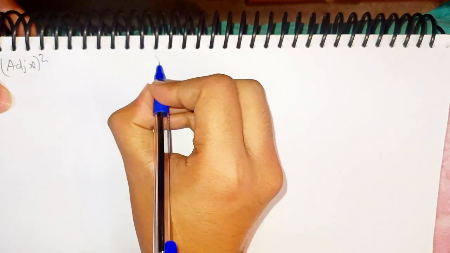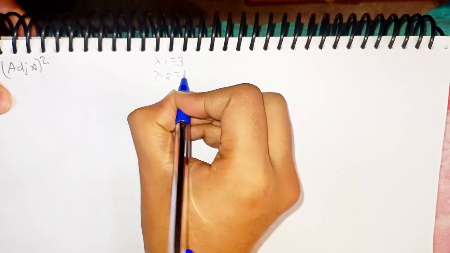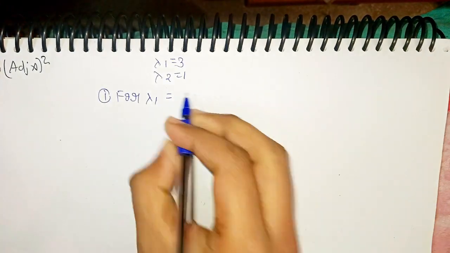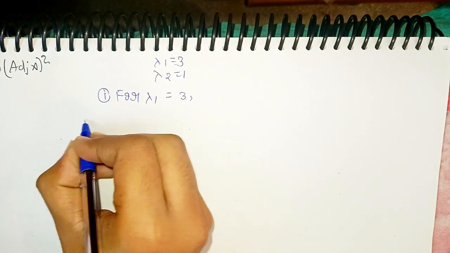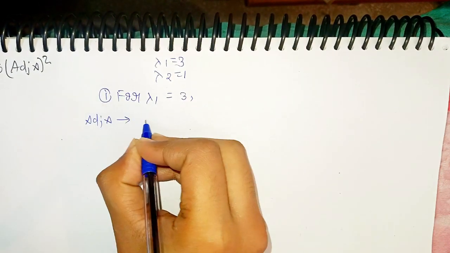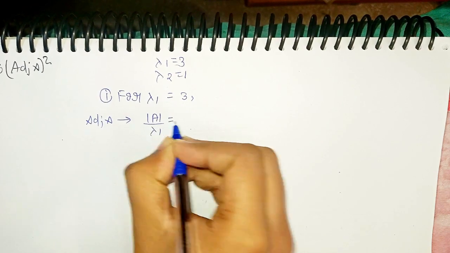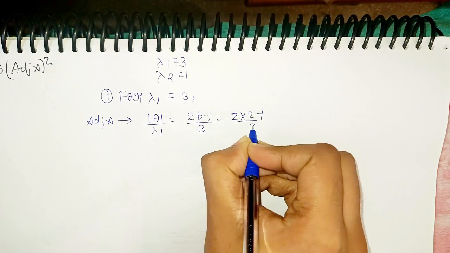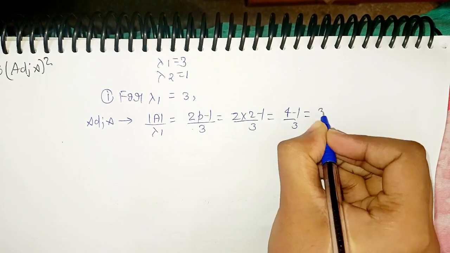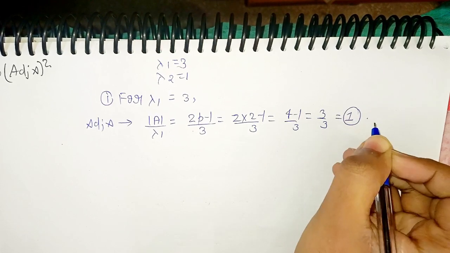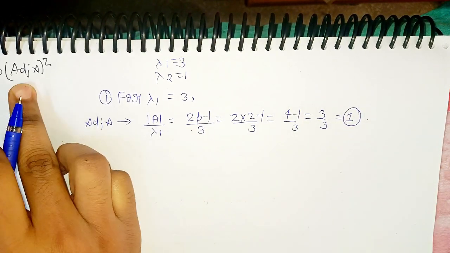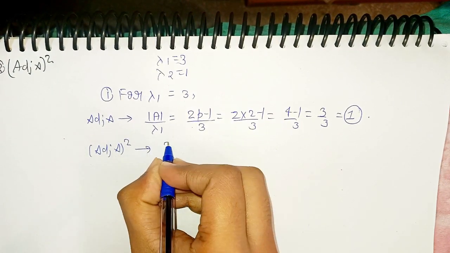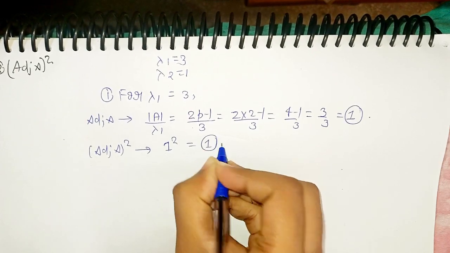अब दूसरा, नाउ वी विल डू फॉर द एडजॉइंट ऑफ A का स्क्वायर। तो हमें वैल्यूज़ मिल चुकी थी, लैम्डा 1 की 3 मिली थी और लैम्डा 2 की 1 मिली थी। तो फर्स्टली वी विल सॉल्व फॉर लैम्डा 1 इक्वल्स टू 3 के लिए। तो एडजॉइंट ऑफ A का आइगन वैल्यू, दिस इज इक्वल टू मॉड ऑफ A डिवाइडेड बाई लैम्डा 1। मॉड ऑफ A वॉज 2p - 1 डिवाइडेड बाई 3, p की वैल्यू 2 थी, 2 - 1/3, 4 - 1/3, 3/3 एंड दिस इज इक्वल टू 1। ओके, लेकिन आपको पूछ रखा है एडजॉइंट ऑफ A का स्क्वायर, तो इसकी आइगन वैल्यू का स्क्वायर, यानी कि 1 का स्क्वायर, और 1 का स्क्वायर 1 ही होता है।